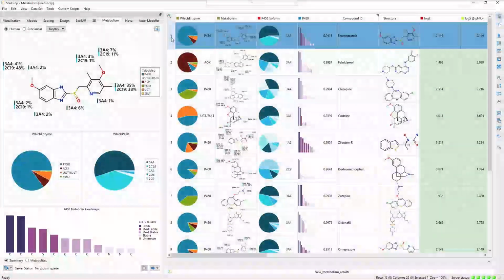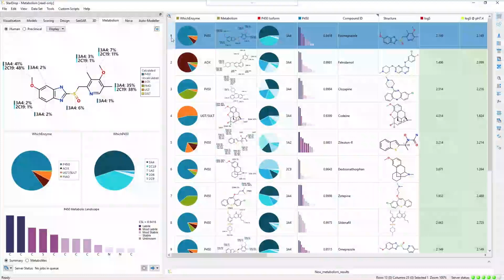In the metabolic landscape, we can see that esomeprazole has two highly labile sites. Hover over the histogram bars to see the sites highlighted in the regioselectivity map. Blocking either one of these sites is likely to result in metabolic switching to metabolism at the other site, with little change in the overall rate of metabolism. This indicates that it will probably be necessary to block both sites to have a significant impact on the rate